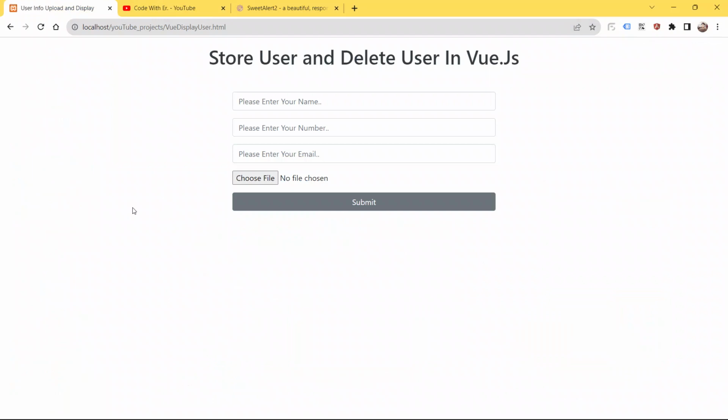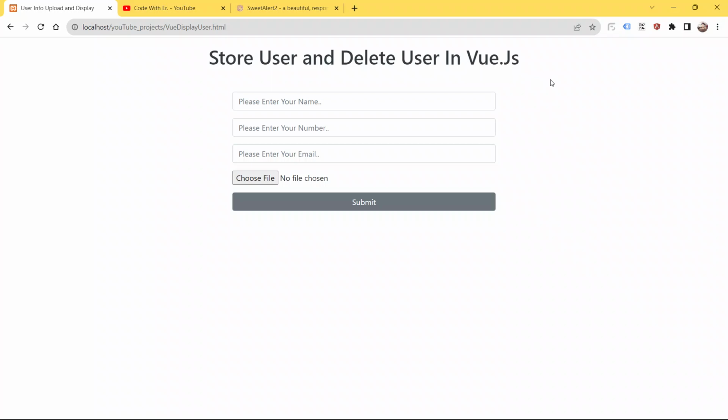As you can see, the text says store user and delete user in Vue.js. This is the form, and it has the input fields name, number, email and choose file. Whenever you press the submit button, it displays all the user information along with the user image, username, user number, user email and user profile pic.